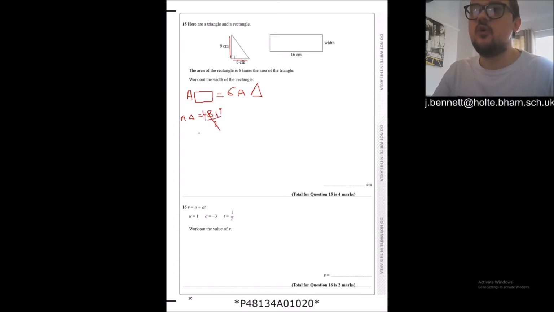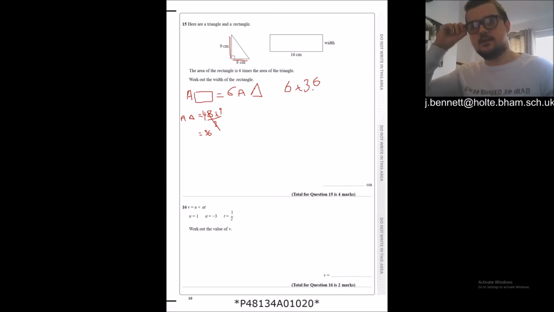8 over 2 is 4. 9 times 4 is 9, 18, 27, 36. So 36 is the area of our triangle. So we have 6 times 36 as the area of our rectangle, our 6 lots of area of triangle. So area of our rectangle